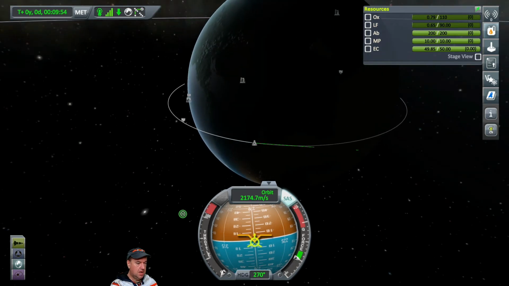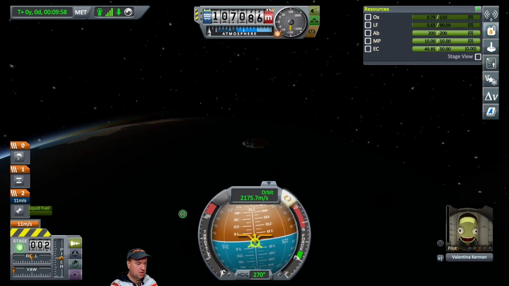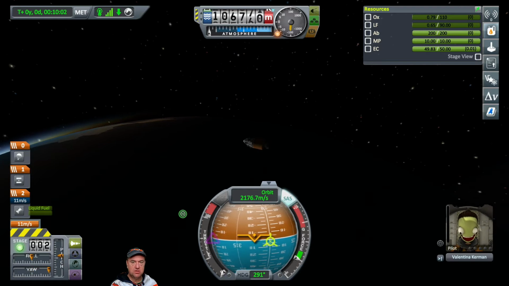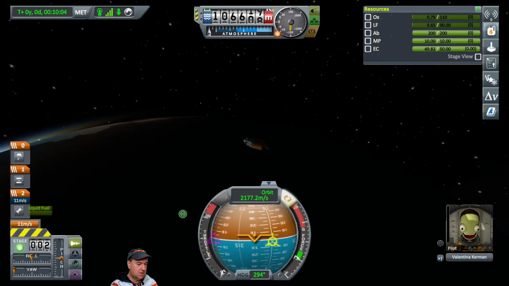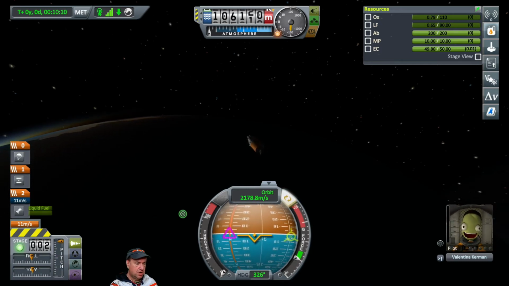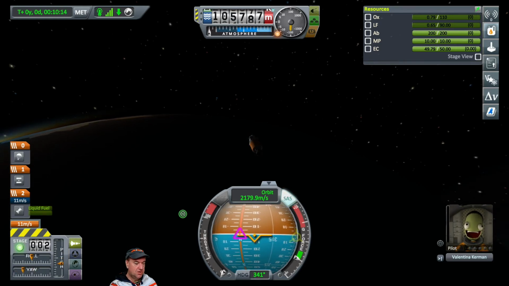Let's go ahead, we're at 100 kilometers in altitude. Let's rotate the vehicle to a normal, which means we are 90 degrees to the direction of flight, and let's separate our second stage here. Therefore, the second stage, that Terrier engine and its fuel tank, has less chance of running into us during the